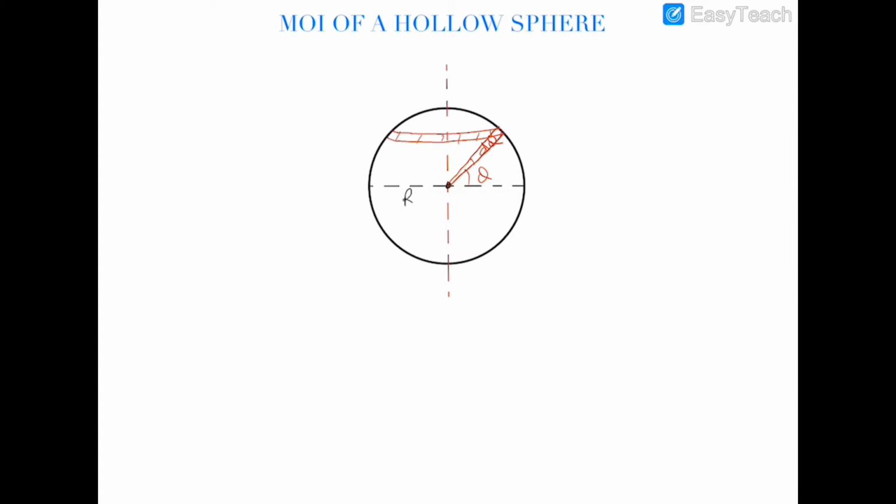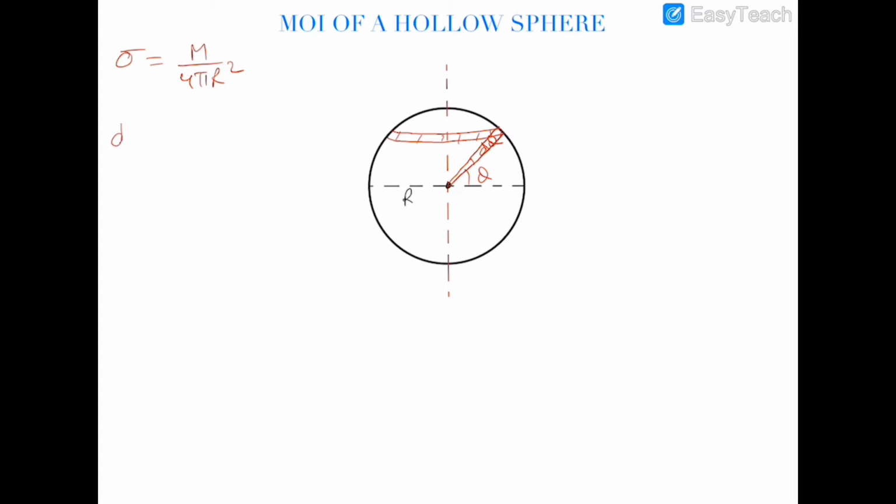So first of all, the sigma, which is the mass per unit area of this hollow sphere. Why I'm talking about sigma is due to the fact that complete mass of the sphere would be distributed on its surface only. So if we are distributing complete mass on the surface, then we need to find out sigma, which is mass per unit area. So the mass of the complete sphere is, let's suppose, m, and its area is 4 pi r square. So sigma would be m upon 4 pi r square.